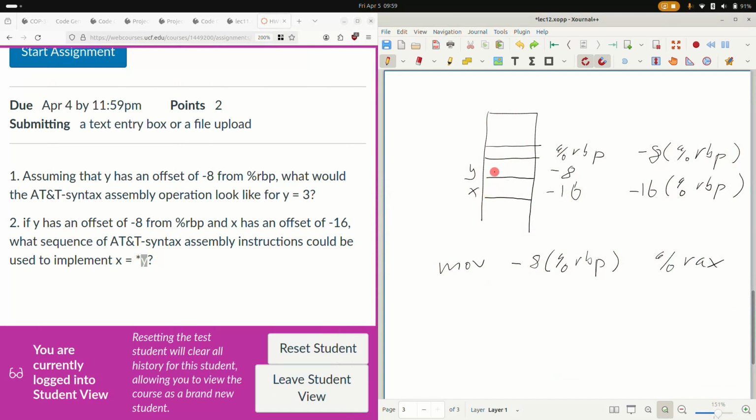Not quite. So let's say y is 0xe7. After I do move negative 8 from the RBP into RAX, what value does RAX hold right now? Which is? Right, 0xe7. So I know I went over an example last time, maybe an overly clever example, where we had